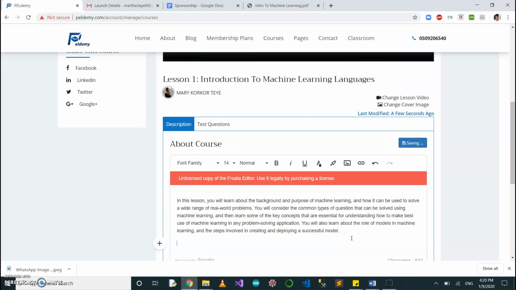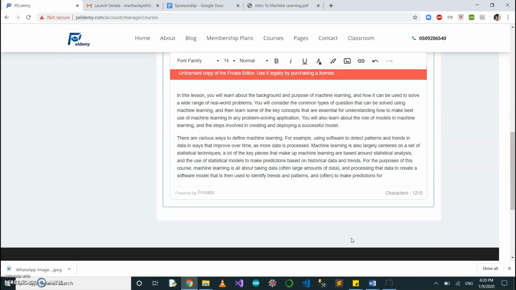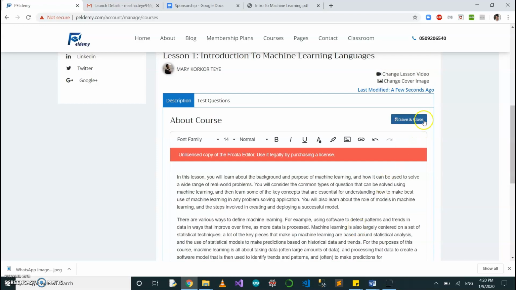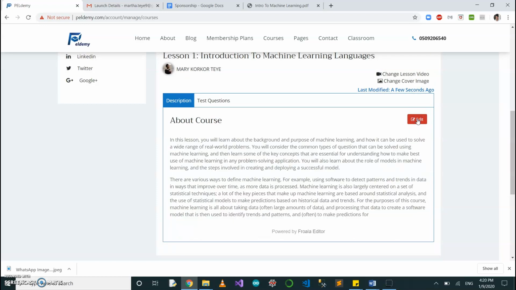And just add that. So depending on what you want to teach, and then I save and close. So if there are images you want to add, just add the images. If there are images and snapshots from books or anything, you just add them into your lesson,